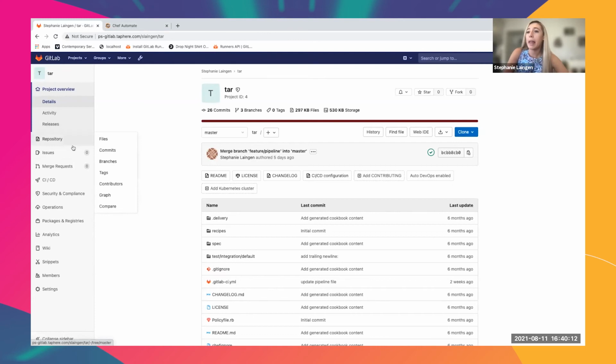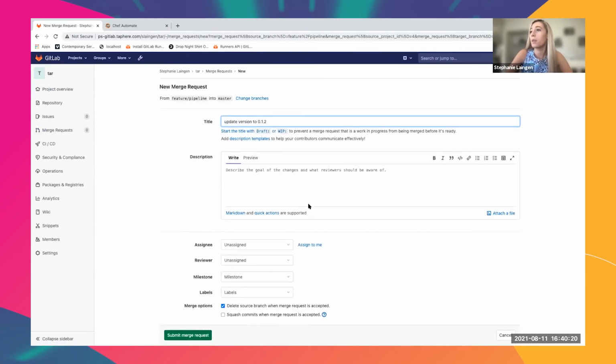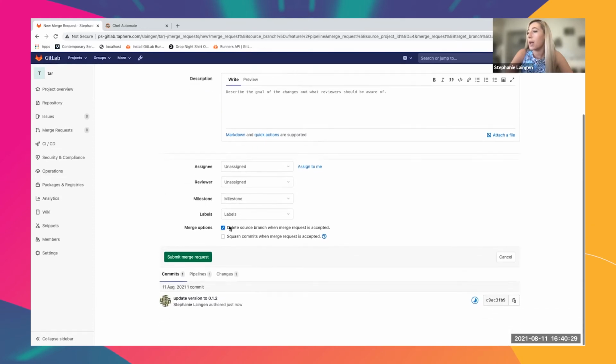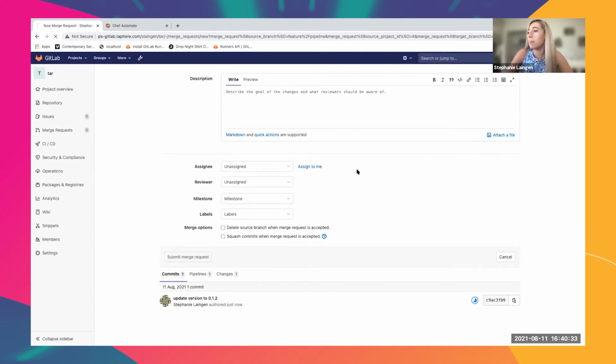Now I can go to GitLab and I can look at any code changes and I can create a merge request. So here it says update to version 0.1.2, and I'm going to go ahead and not delete my source branch, and I'm going to submit my merge request.